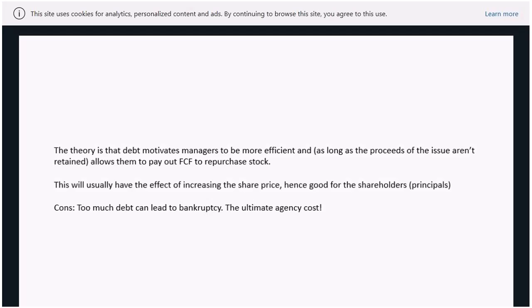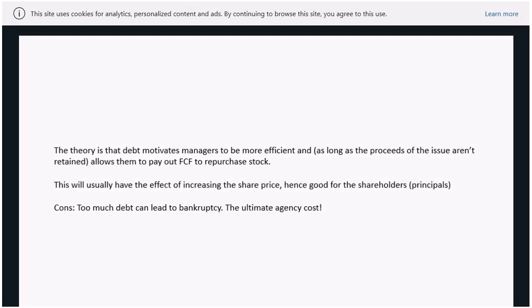It is. To be perfectly honest with you, Danielle, I have some issue with the concept or the theory. What I'm doing here is going along with it because it's in the module, and all you need to do is remember it, understand it, and put it down on paper. My issue is that I'm not entirely convinced that having debt motivates managers necessarily. So that's my problem.